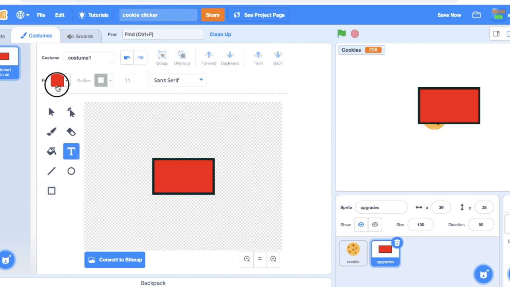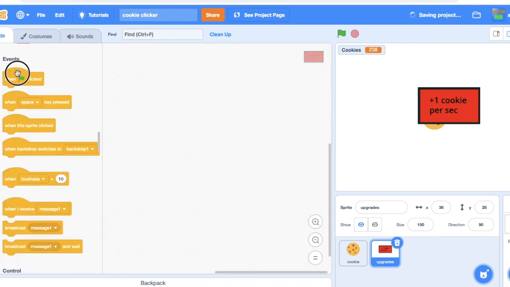Okay. So this is going to be add one cookie per click. Okay, so this is going to add one cookie per click. Oh, per click, oops. Per click. And then this one is add one cookie per second. Okay, so the code, once we press click,